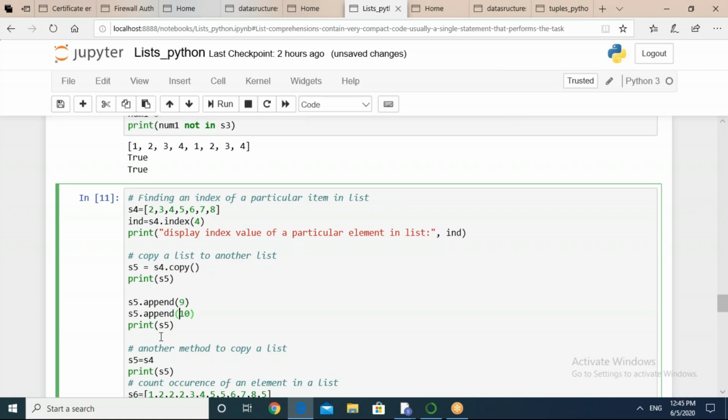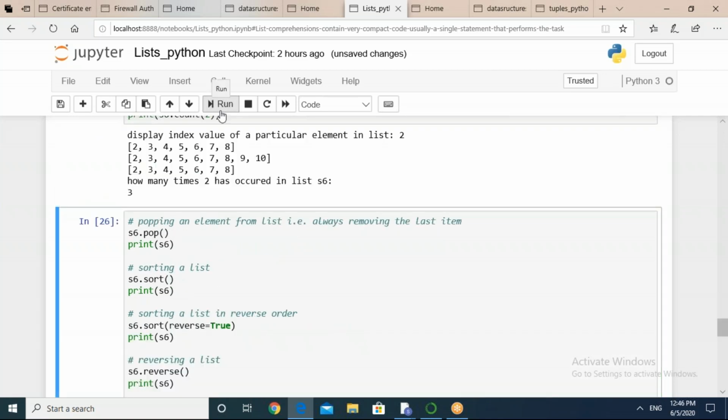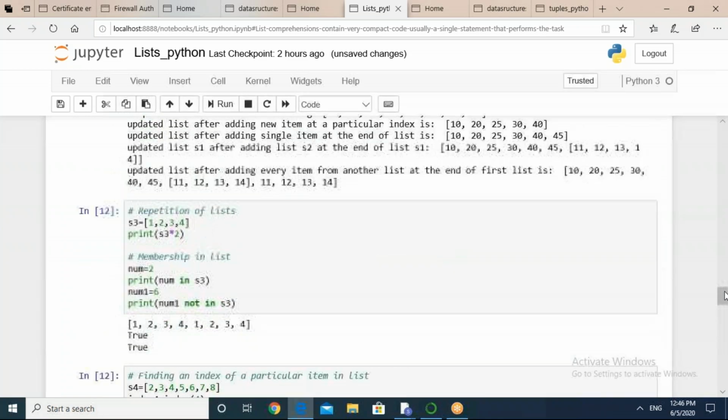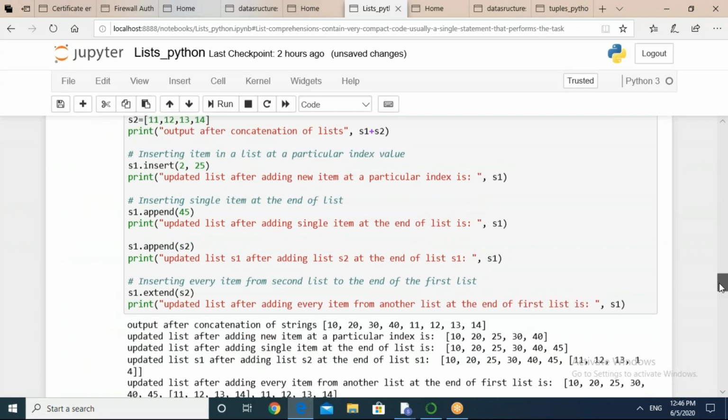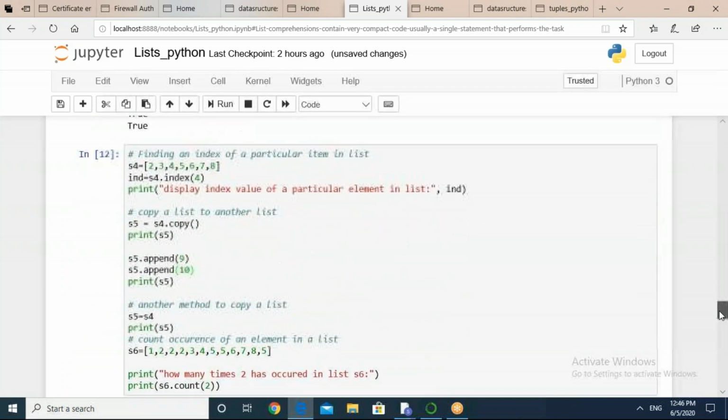So using the above statement, we have appended one item 9. By the next, we have again done the same. So okay, it's working. So the list which is showing me 2, 3, 4, 5, 6, 7, 8, 9, 10. As we have not given any message here, it's better to display a particular message also so that you can identify this is the required list.